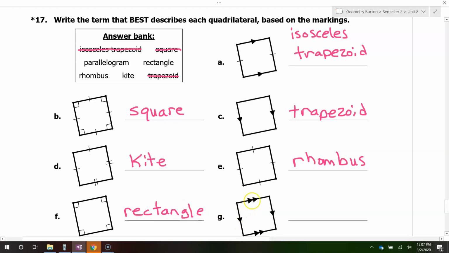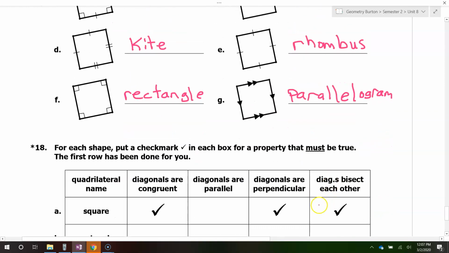And shape G has opposite sides parallel, all right? 2 pairs of opposite sides parallel. That makes this a parallelogram. Okay,